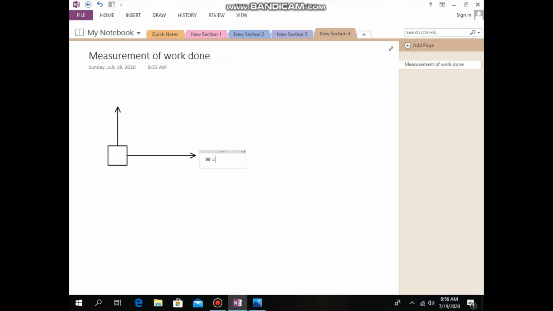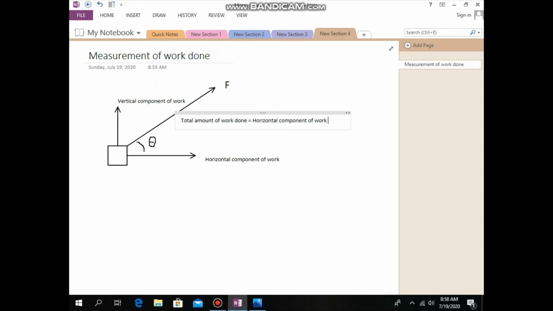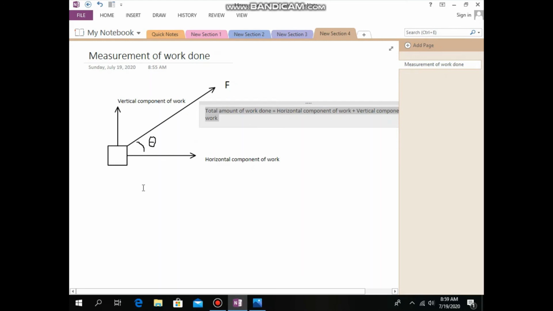You have a straightforward formula for the component of work, and this is called the vertical component of work. And to measure the total amount of work done in this case, add both the works. Yes, because you have done work in both the horizontal and vertical direction, you need to add the horizontal work plus the vertical component of work. Now, how to find out this horizontal and vertical component of work done? So you are given